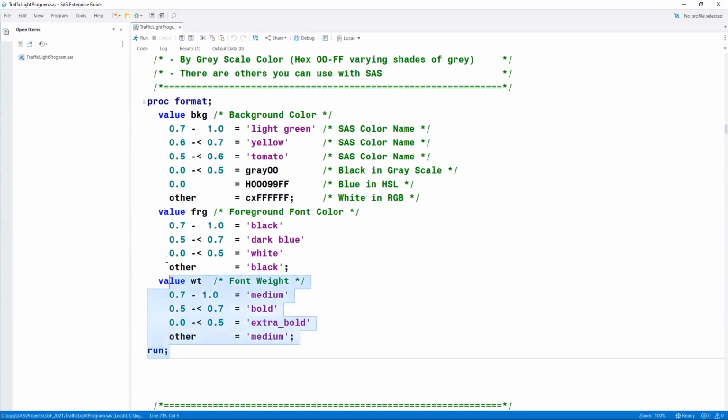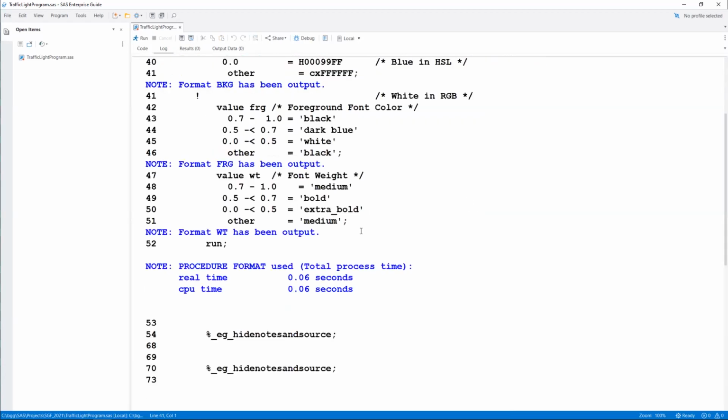So I'm going to run these formats. All these do is basically compile them for my SAS session, and we will get these out there, and then we don't have to worry about them. They're ready to use for the rest of the session.